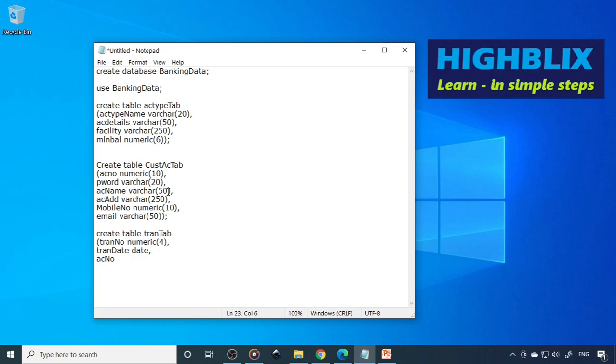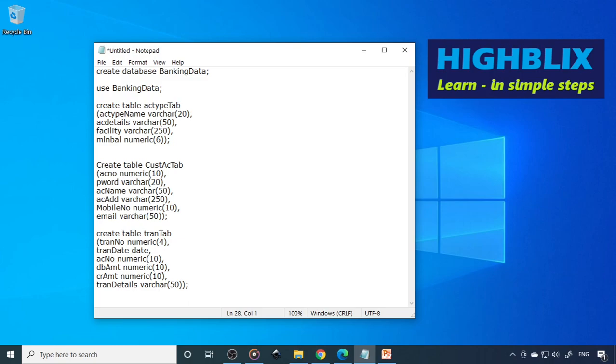Again it's a numeric of 10. Then debited amount. Here you can take numeric of 10 only. Then credit amount. Then transaction details. This is varchar, we will take 50.